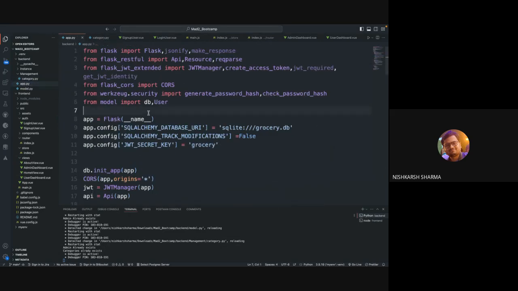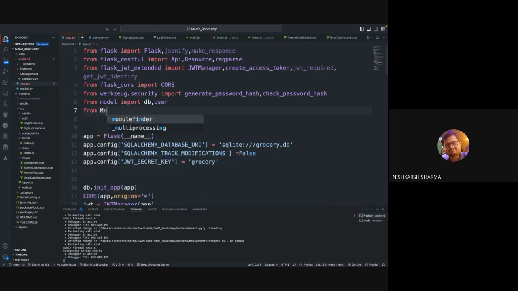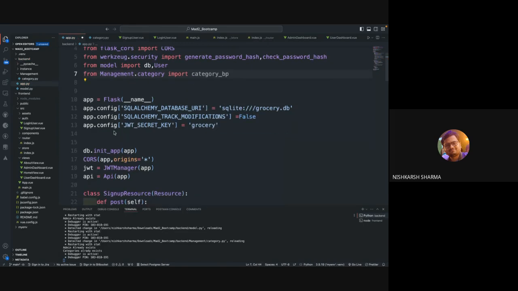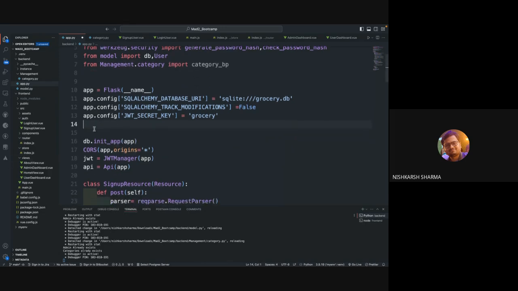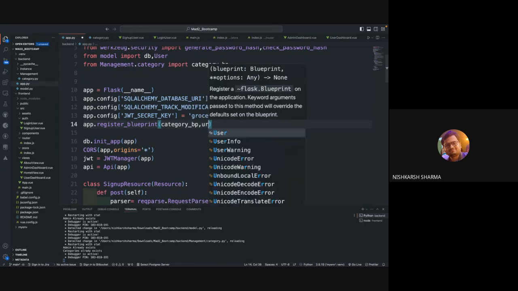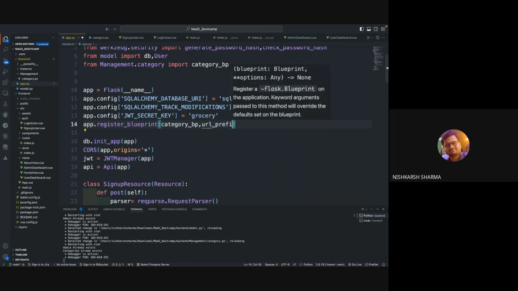So how you can do it is: from management dot category you have to import category BP, and then in this part I think app dot register blueprint category BP, comma, you can give a URL prefix as well,